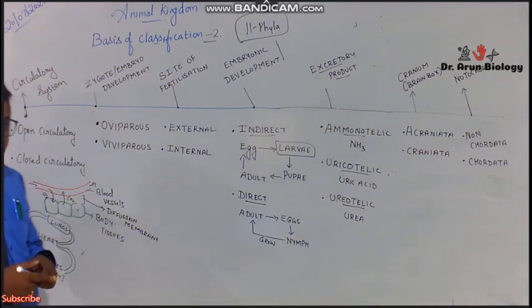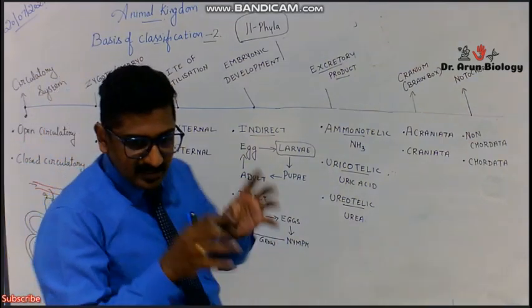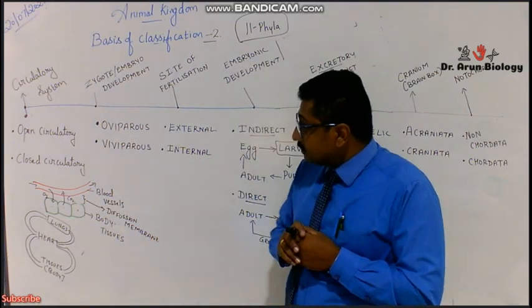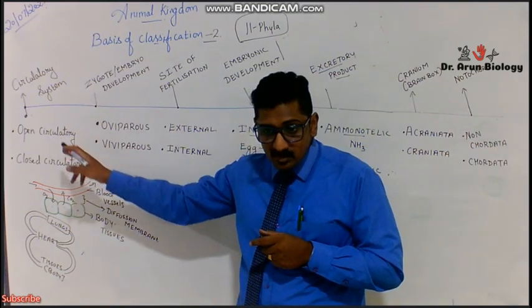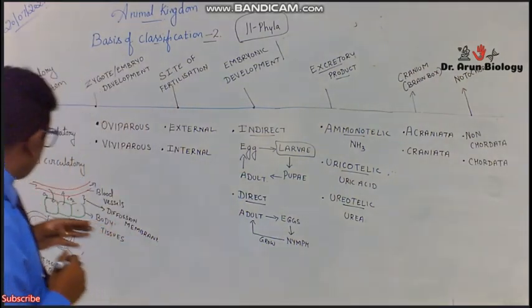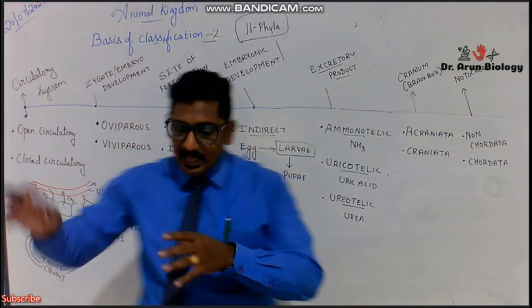Now this is the second part of the video that I am going to present on the basis of classification. The first one is the circulatory system. The central pumping organ called the heart is there. Based on this, we are categorizing the organisms into open circulatory and closed circulatory. What do we mean by closed circulatory? It means there is no physical contact between your blood vessels and your